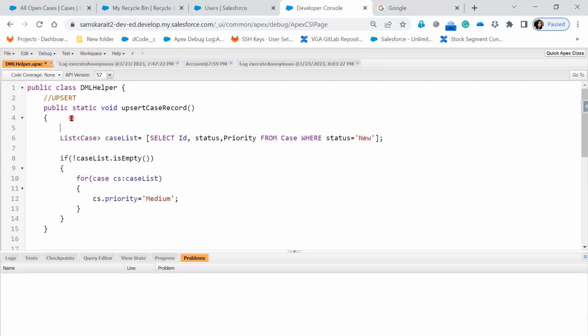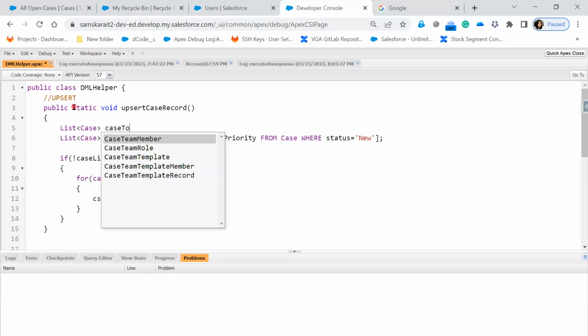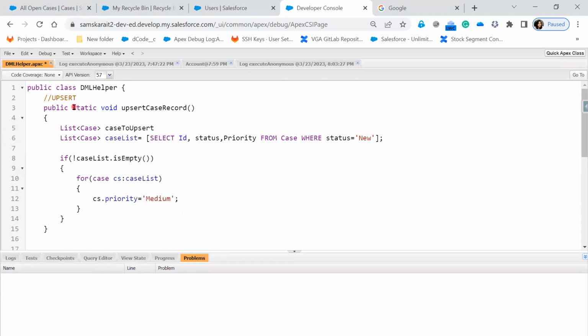What I'll do is I'll create another list here. List of case. This is UPSERT, in order to do the case to UPSERT. UPSERT new list of case. Now, I'm storing everything into the case to UPSERT. Right now, what I'm doing, I'm updating the priority. So here, I'll add everything into the